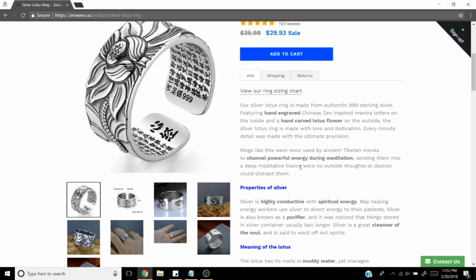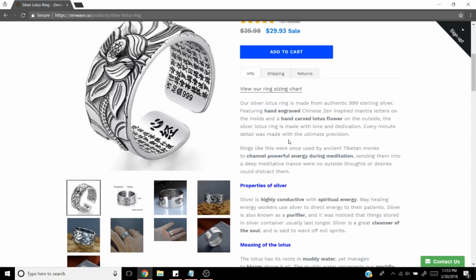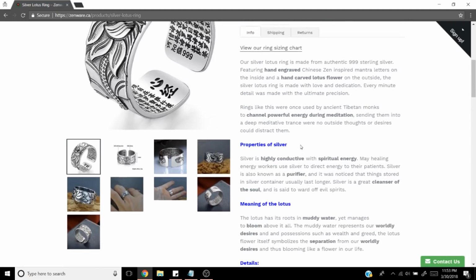So let's actually look at your description, because I'm going to tell you guys this. I've already said it in my videos, so it's not like I'm exposing myself here. A big portion of what I sell is related to jewelry. It's not the general jewelry niche, it's within a specific niche, but this looks similar to some of my product descriptions, so this really resonates with me. I'm able to see that you actually know what you're doing, because I've worked on mine for quite a while.